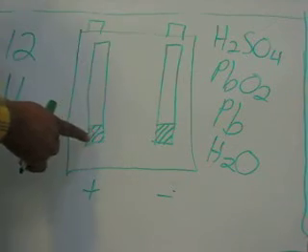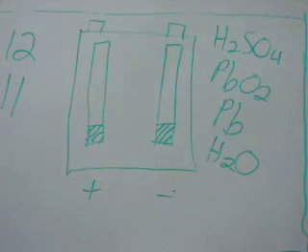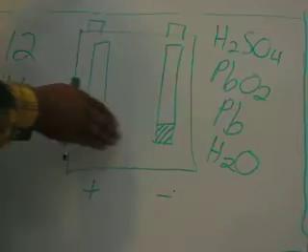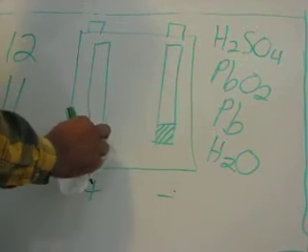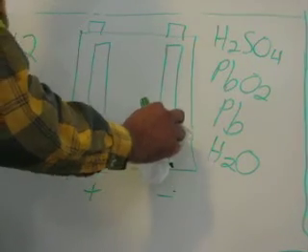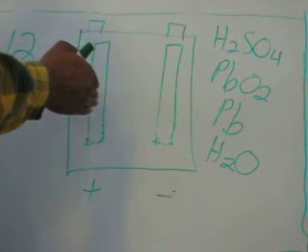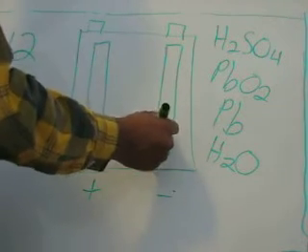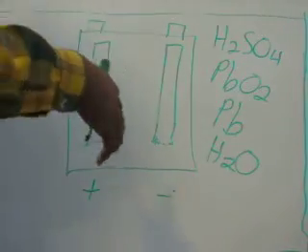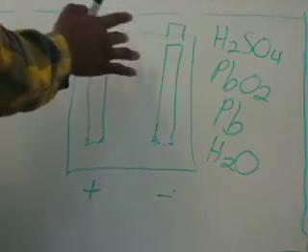Since this lead sulfide is still soft, it goes back out into the solution and becomes its original elements again. So the lead oxide collects back on the positive, the lead collects back on the negative, and hydrogen is given off, oxygen is given off, and